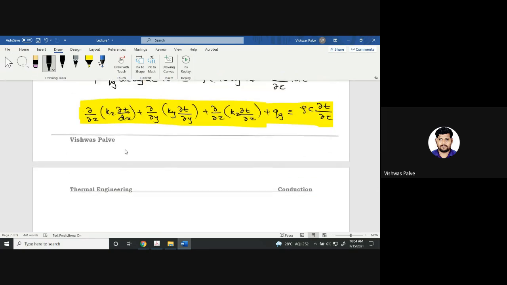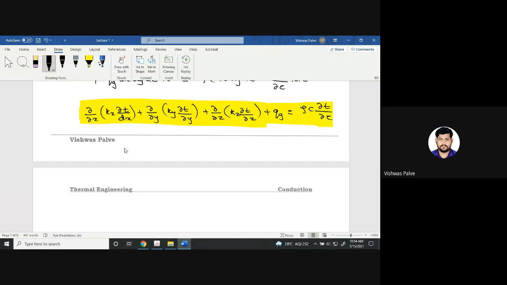Now, why it is called as non-homogeneous material? Because the thermal conductivity is different in all the directions, with heat generation. So here it is having heat generation and unsteady state. So this is having a time here, time constant. So it is unsteady state and it is three-dimensional.